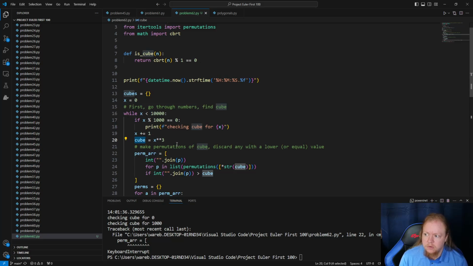And say how many permutations there are for that sorted array. So this will find the 5th cube. But how do we know it's exactly 5 and not 6? Well, I think it's a reasonable assumption that it won't be 6. It'll be exactly 5. Maybe not. In any case,